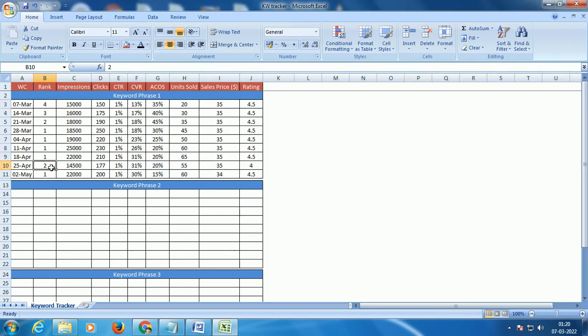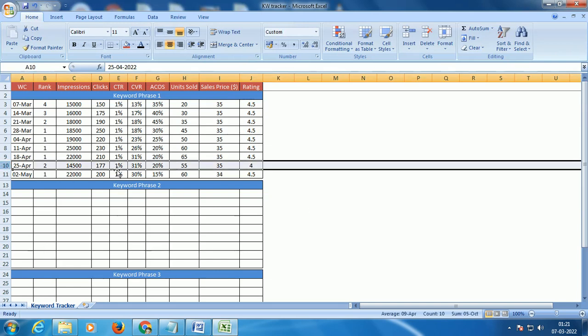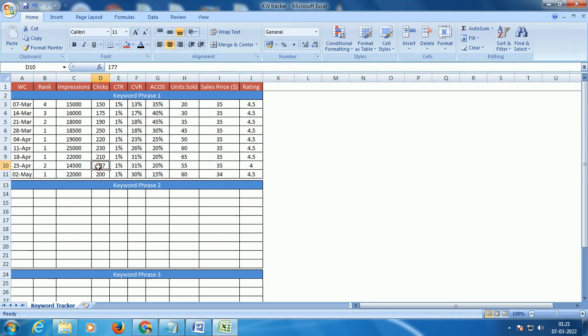Now when this happens, it is an immediate red mark, or an immediate alert. It is very important for us to maintain our organic rank position. In case there is a change, especially a negative change, you need to understand why that happened. Now let's see what has happened here. During this week, I see we have got a decent number of impressions, decent number of clicks, CTR is all right. I see my CVR is also okay, but the reason why my organic rank dropped is because my